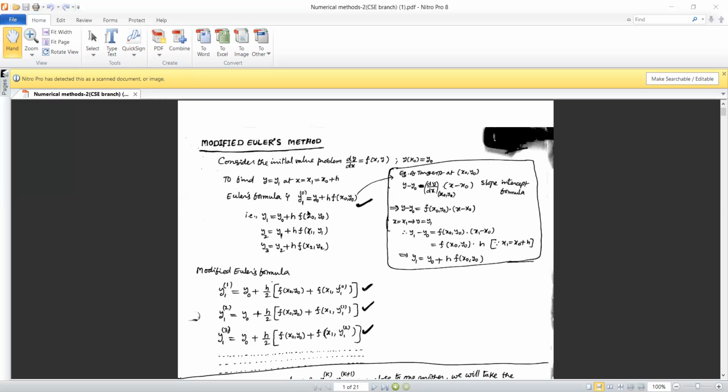These are numerical techniques, so we do not get the values exactly accurately in one step. To get accurate values, we keep iterating 2 to 3 times so that we get an accurate value of the required solution. So this is the first formula, the predicted value, and then comes the correction formula, which is called the modified Euler's formula. In this formula, we use y naught plus h by 2, f of x naught, y naught plus f of x1 comma y1 superscript 0, the initial value which we calculated in the predicted part.